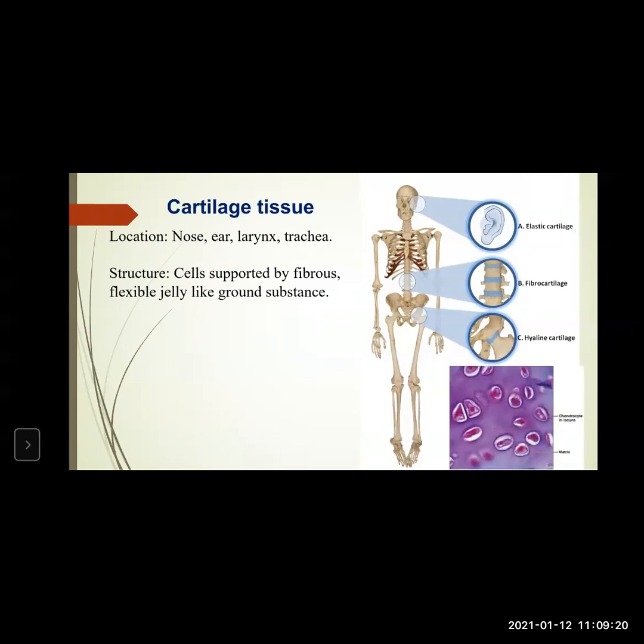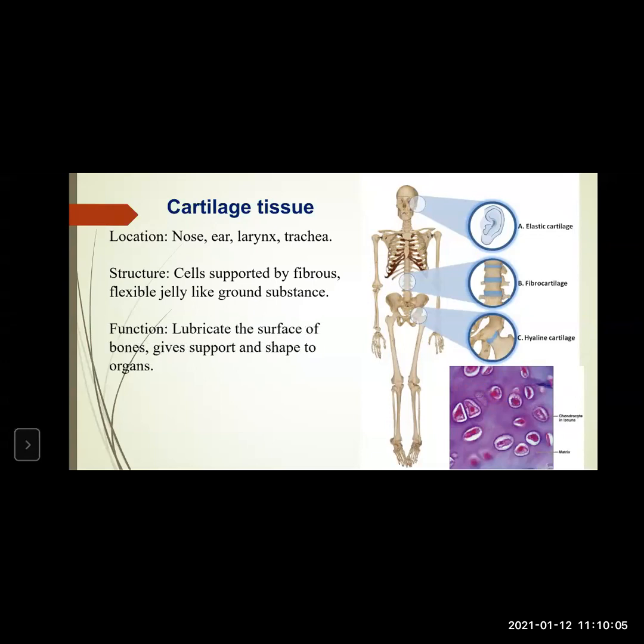When you take this section of the cartilage tissue and observe it under a microscope, you can see a structure like this. There is an empty space that is known as lacuna. Within that lacuna, the cell is present, which is known as a chondrocyte. So this whitish structure that you see is an empty space called lacuna. Within that, the pink cells are chondrocytes. And this pinkish structure all around the chondrocyte is known as the fibrous supportive matrix.